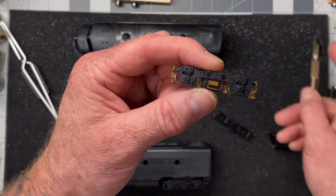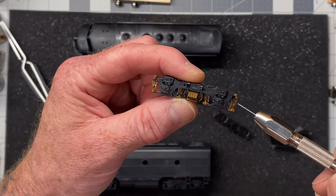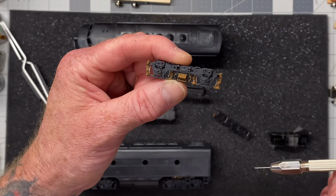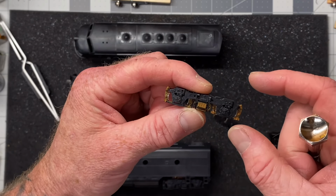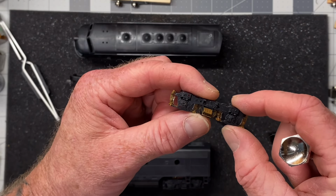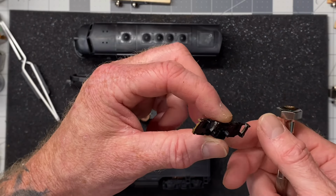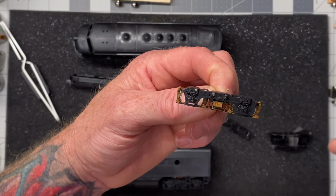I don't know if you can see this, but I've painted the brake shoes a little bit of silver on there, and I'm hoping that when I take photographs of this unit when it's complete, that will highlight in the light just a little bit, or highlight in the sun a little bit. Because if you ever look at the brake shoes, they're kind of silver. Now they also get dirty and turn brown, but I painted the insides of them as well in hopes that at just the right angle you'll be able to see that,